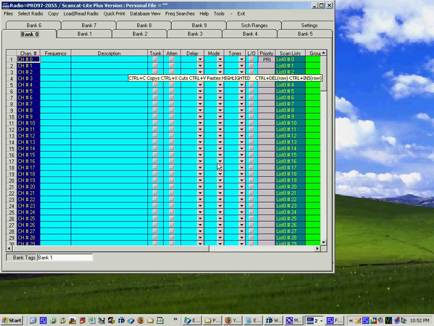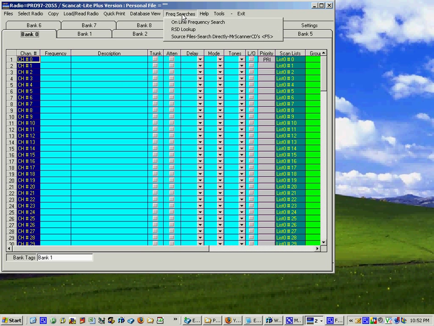In this tutorial, we're going to take you to the freq search option, which goes to our online frequency searches. One of these searches is at www.bearcat1.com/free, and as the name implies, it is a free frequency search. You don't have to pay for a subscription to use their frequency list. You get there by clicking on the top option, Online Frequency Search,